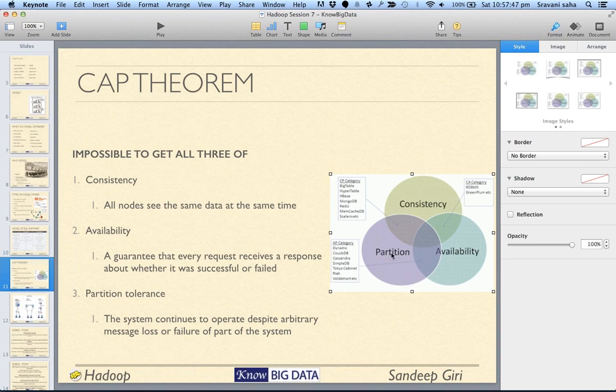MongoDB lies on this side, and Cassandra is also on this side. Cassandra is actually tunable,